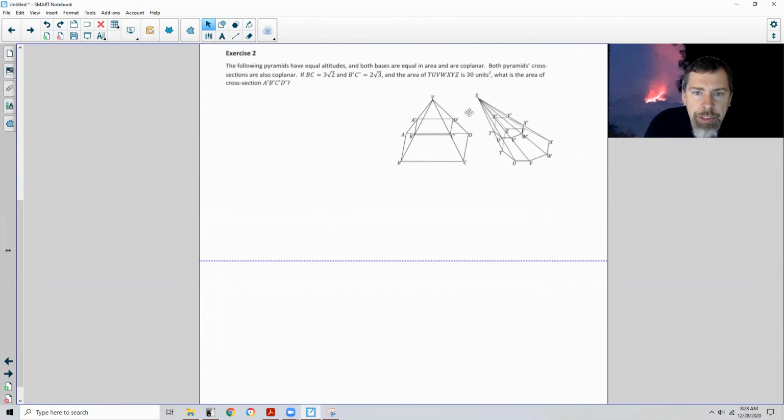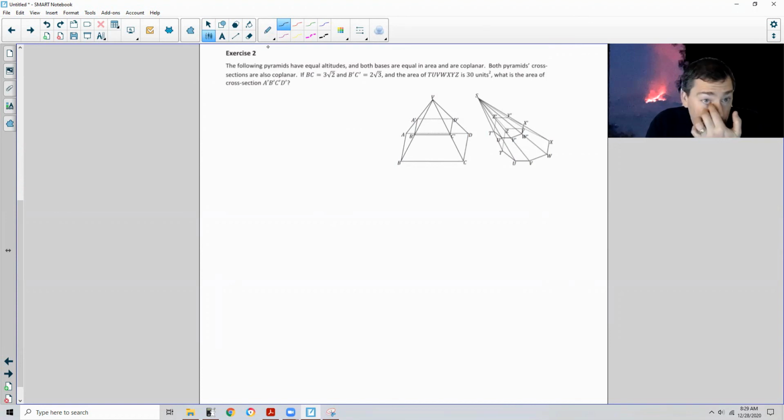The following pyramids have equal altitudes. Okay, so the distance from V straight down to the base, in other words, if I did what I did